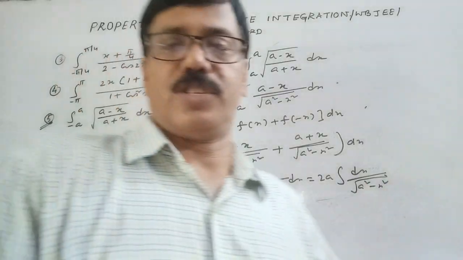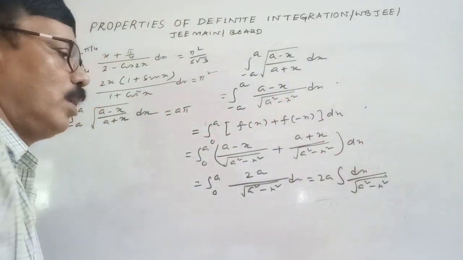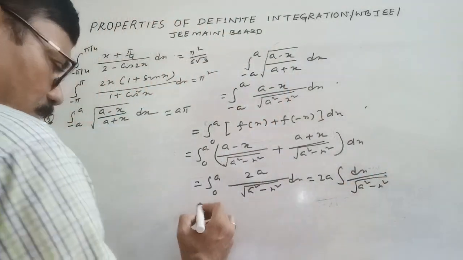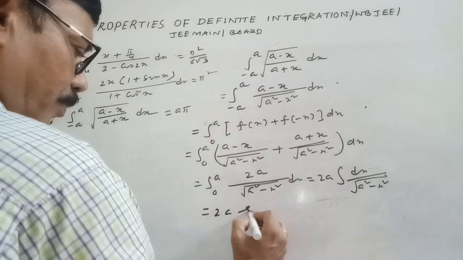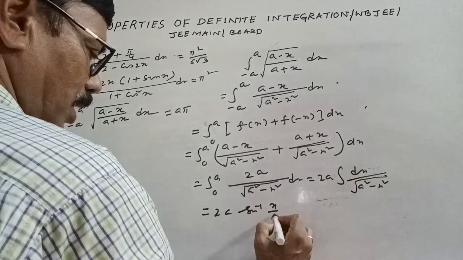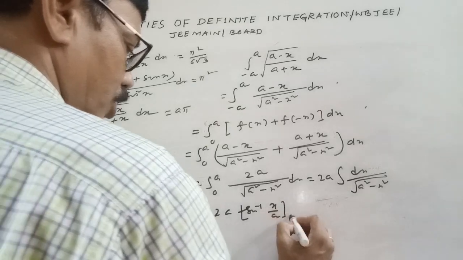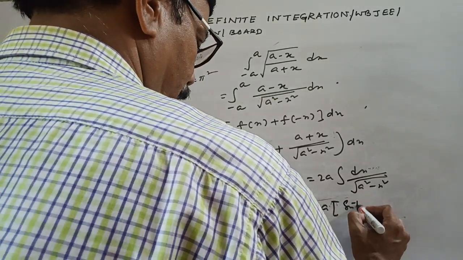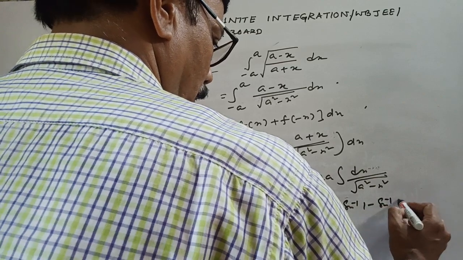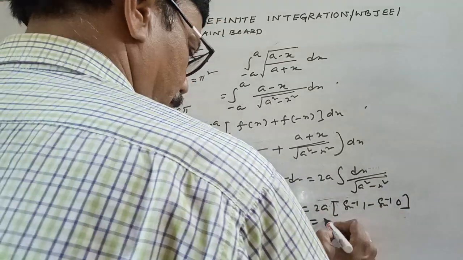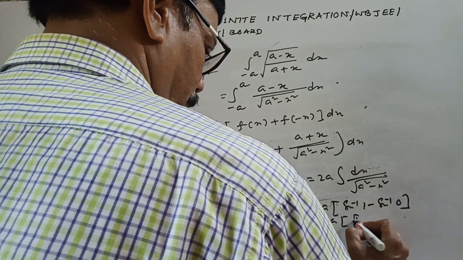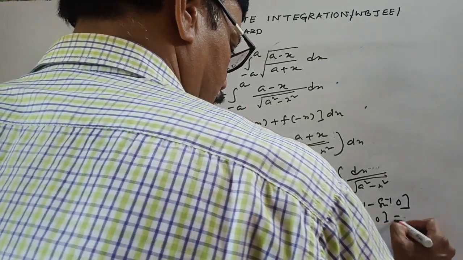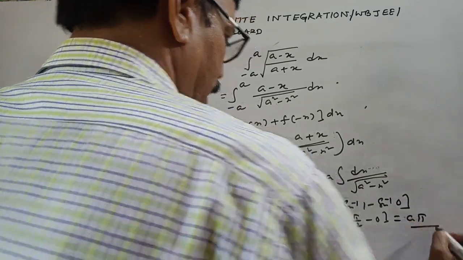Now this one is a well known formula, which is standard integration, sine inverse x by a, 0 to a. So 2a into sine inverse 1 minus sine inverse 0. So 2a into pi by 2 minus 0. So you are getting